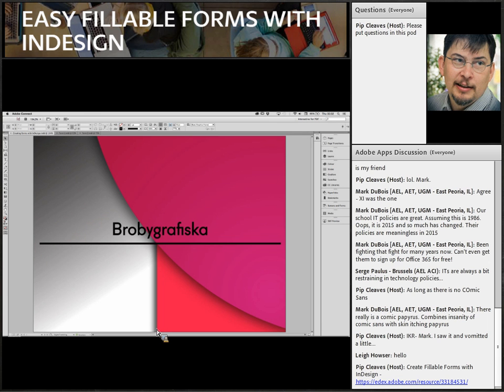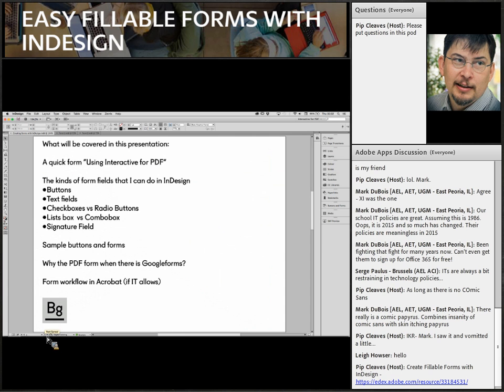quite a long program where they learn to do forms. And forms can be simple and they can be complex. We just did our tax papers in Sweden, and they were quite complex forms. But we're not going to do that. We're going to do the easy forms and the easy fillable forms. And let's see if I can change the slide. There we have it. I have just done an overview slide to say what we're going to be doing